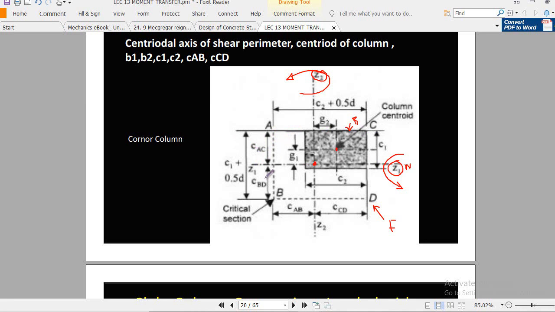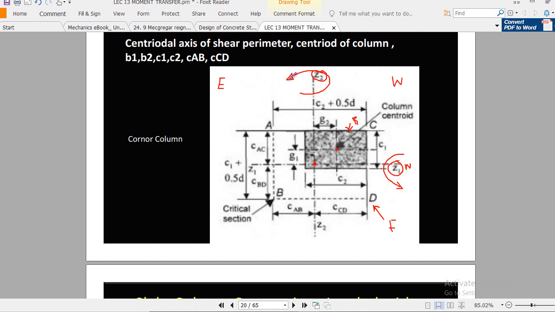We will determine the CAC and CBD distances by using formulas, but at this time you must remember what it means. Similarly, you have to understand B1 and B2 as well, right? Let's say we are considering this moment, because in the corner column we have both moments, moment about Z1 and moment about Z2. Now let's say we are going to analyze the structure or the slab system in the east-west direction. So in that case, remember,